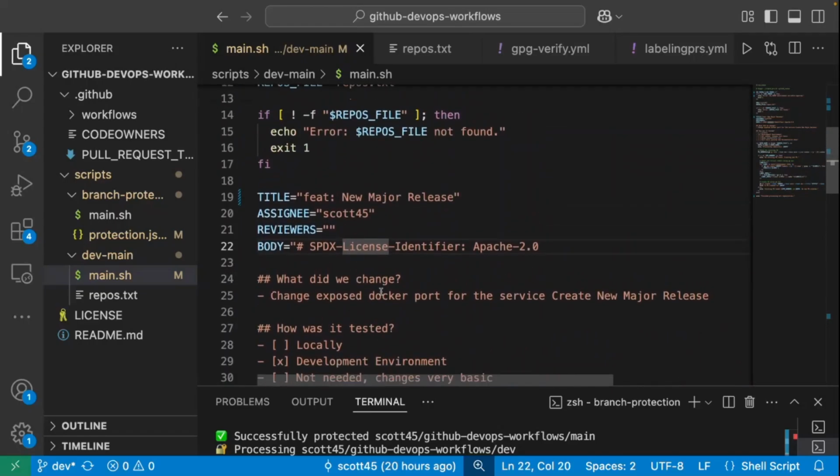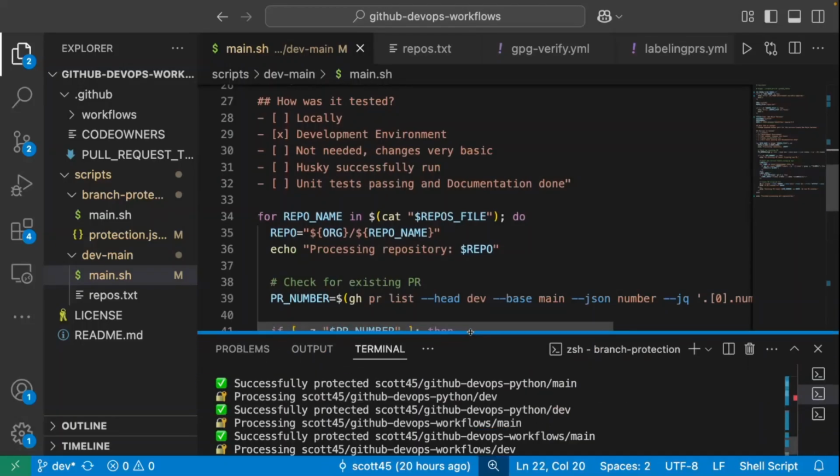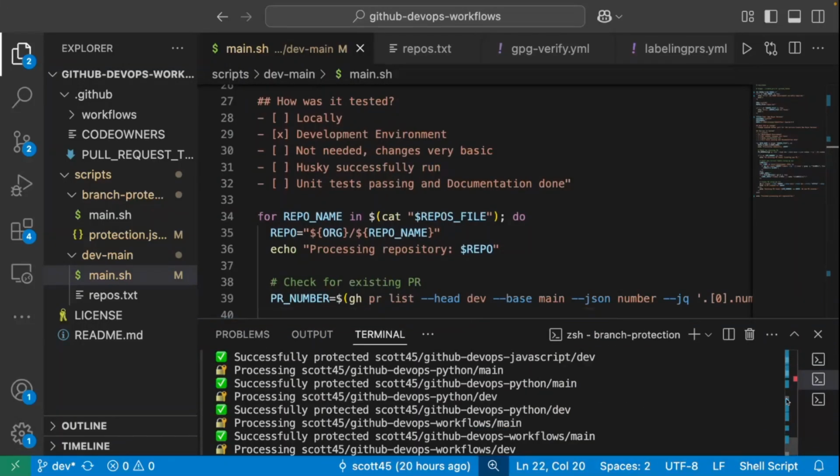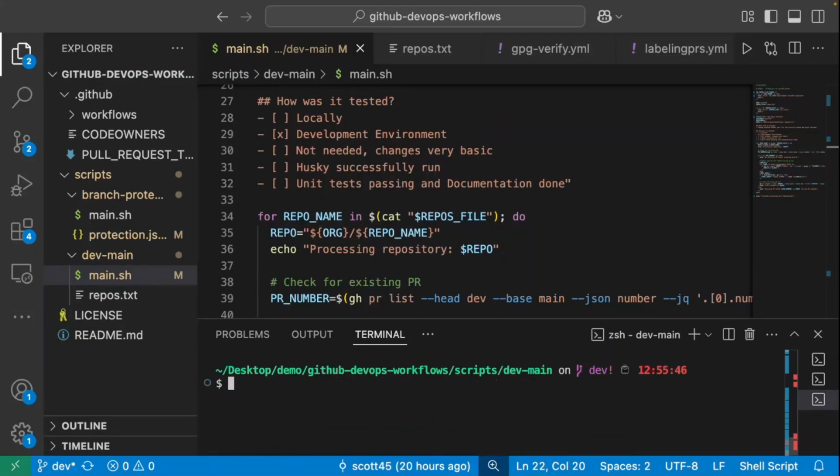I'm merging dev to main. Again, what do I have to do? Nothing much really. I think I had created a tab for this already. Yeah, dev to main. So we make this executable, right? It is dev to main, no, it is also main.sh. You know how to make stuff executable, chmod plus x. Then after doing that,